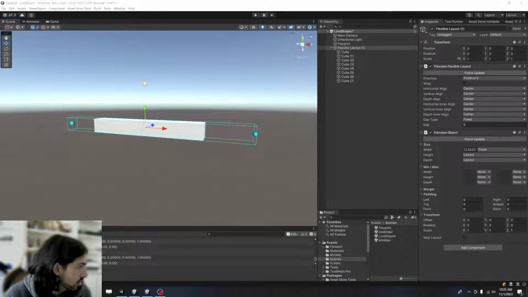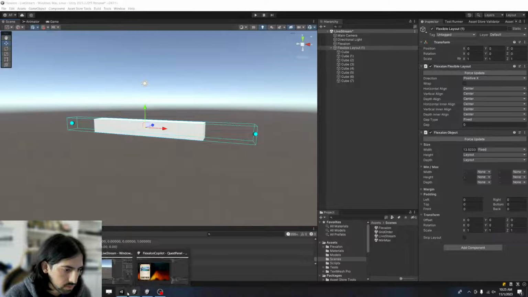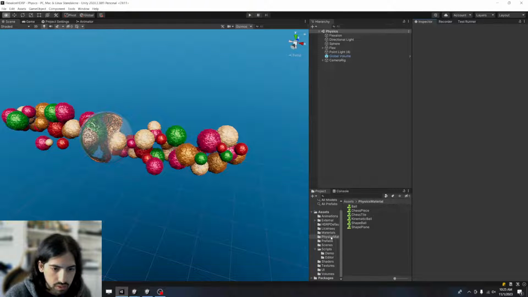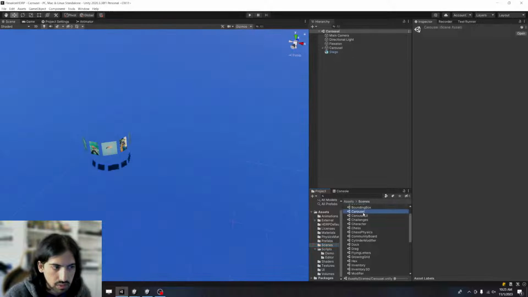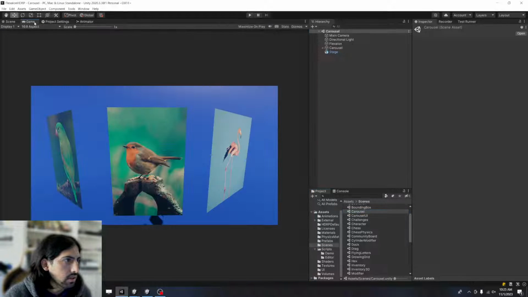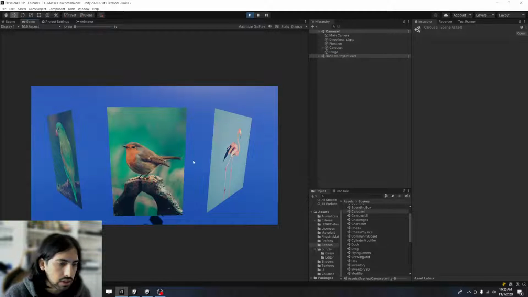Okay, so let's show some demos. So I'm going to start with the carousel. So this is a little example of a carousel that you might build. So it's just a simple circle layout, and when I click the arrow,